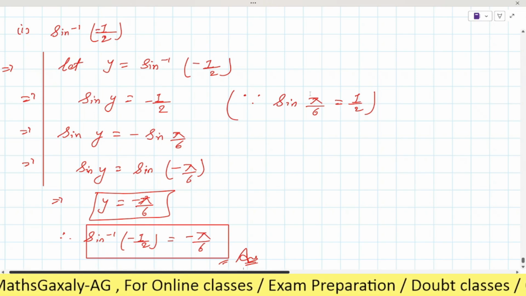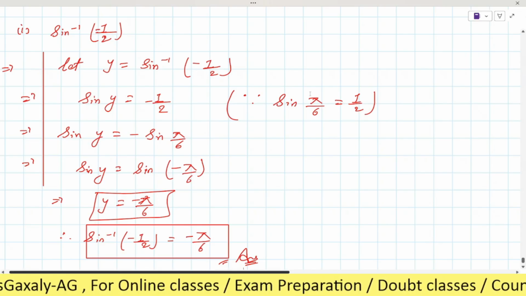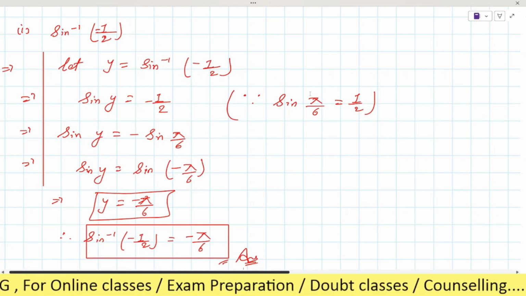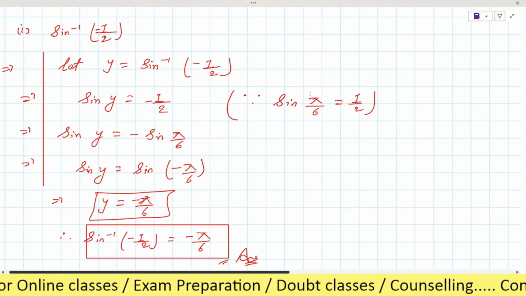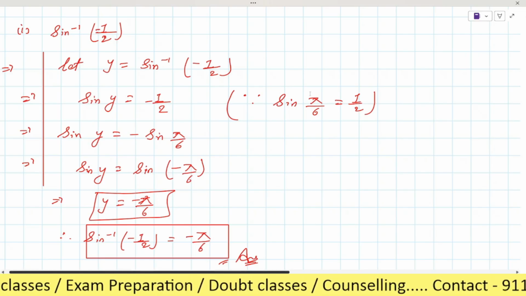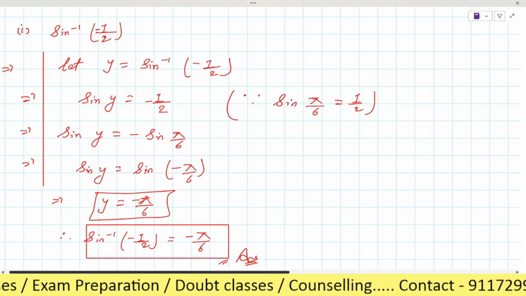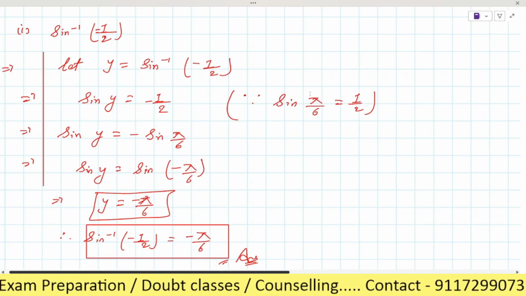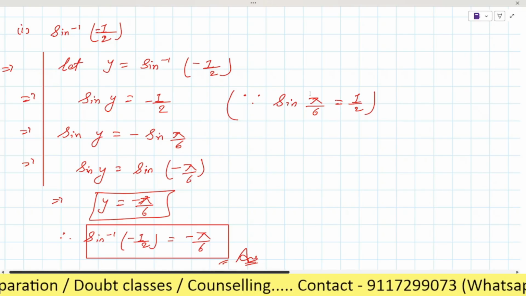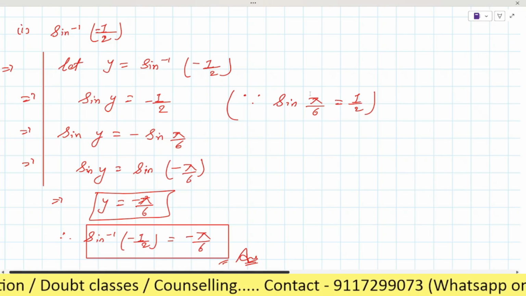So we will take it first, y is equal to cos inverse root 3 by 2, in the same way as you can see on the screen. When cos comes to the left side, it becomes cos y is equal to root 3 by 2. Now we will see on which value cos will be root 3 by 2. So it is pi by 6, right?